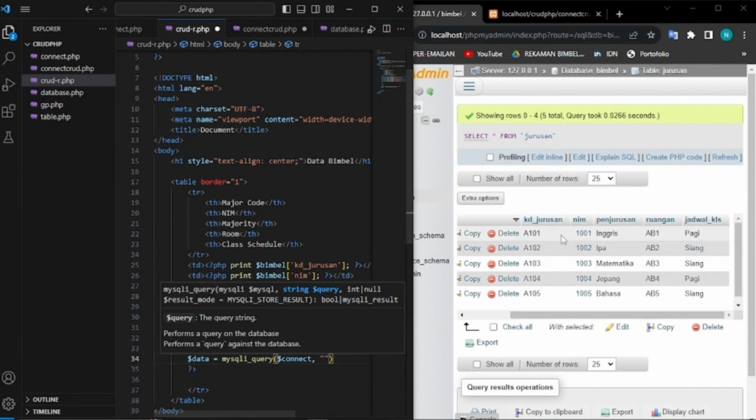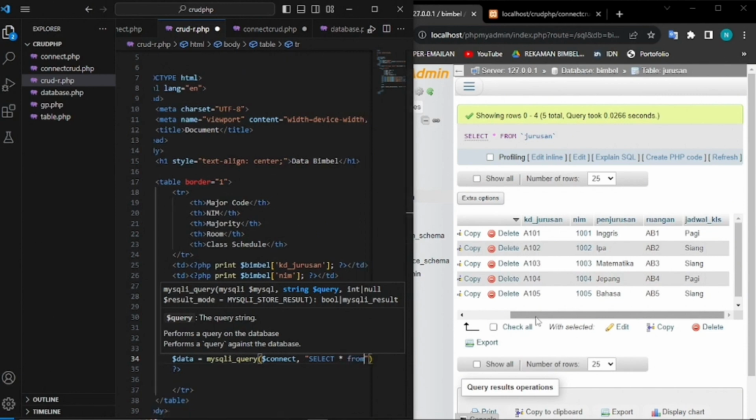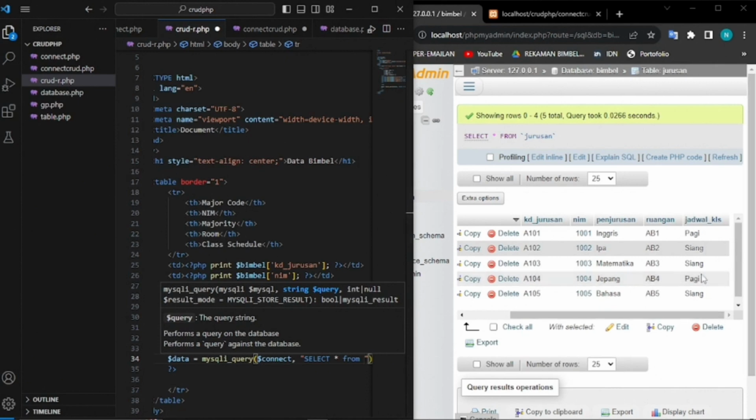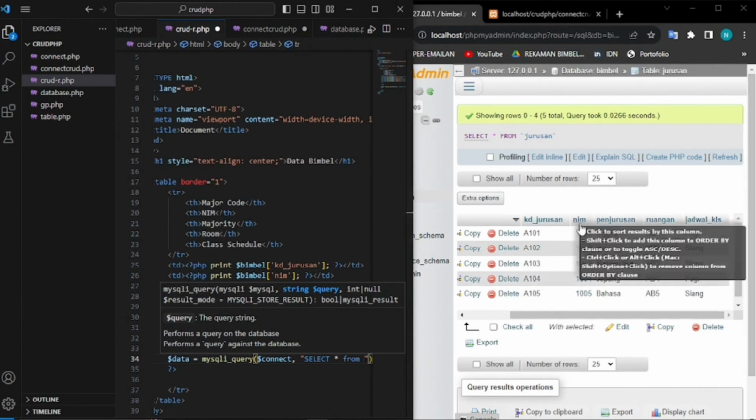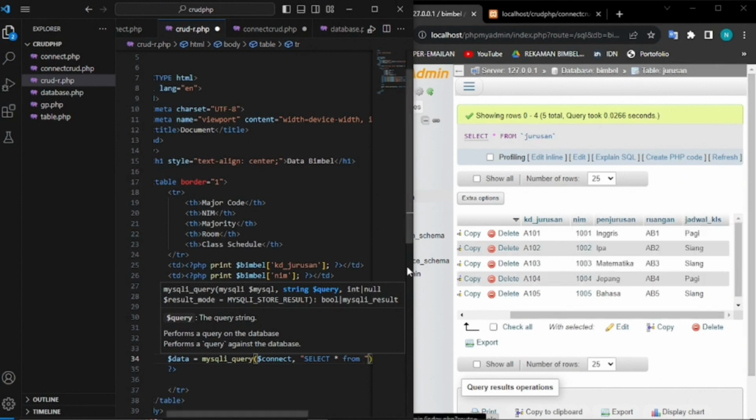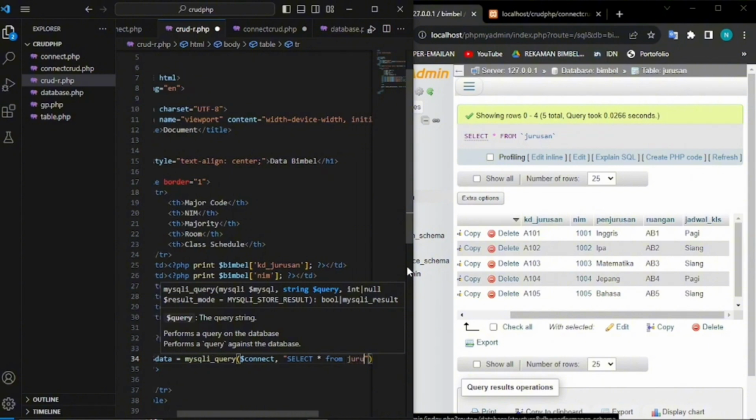use this value, and when we go in terminal we want to see it, we're gonna write select. That's why we use select here. And this from, we're gonna use this table, and the name of this table is jurusan, so we're gonna write jurusan here,